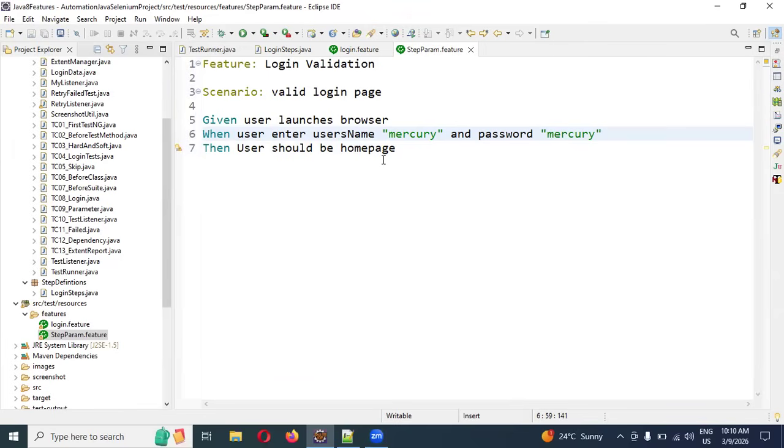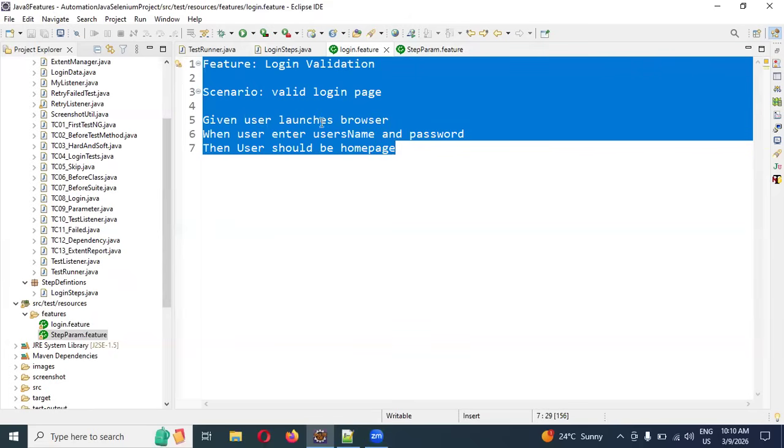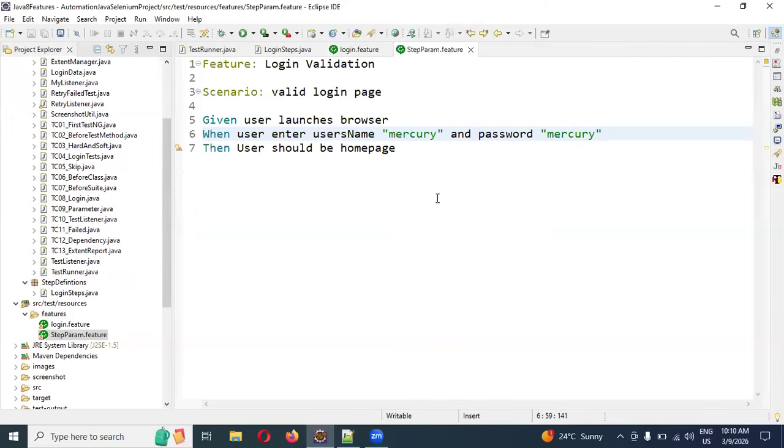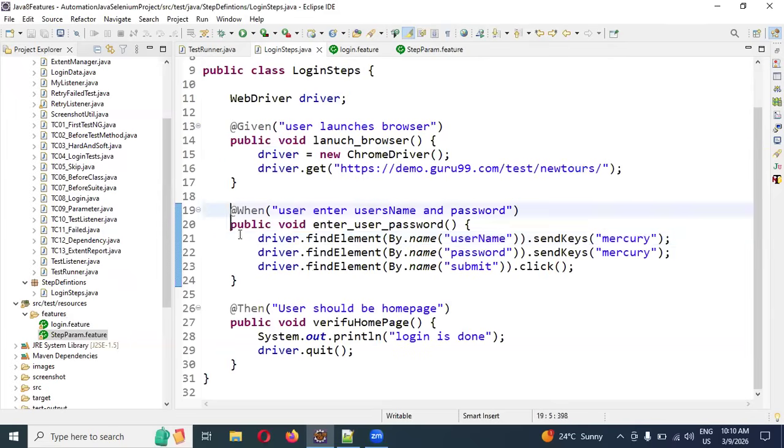Without implementing this step, you can see we are doing hard coding here, right? The values we are hard coding. Instead of that, we are going to pass the values from here itself. Okay, that way we can reduce also. Now we can come down,